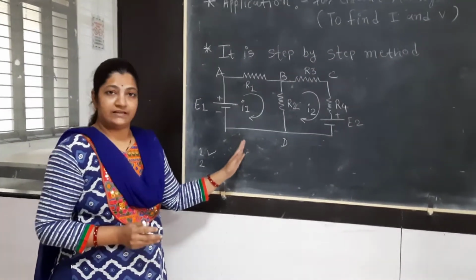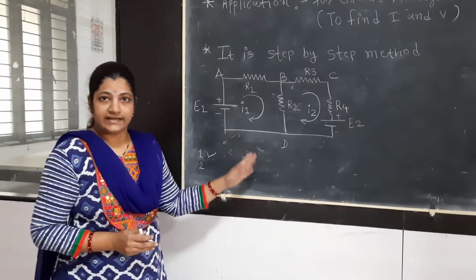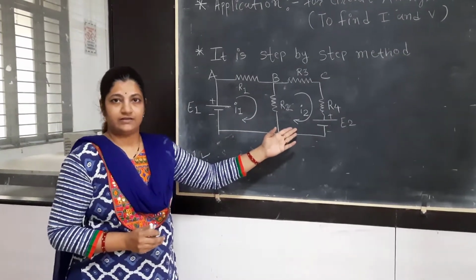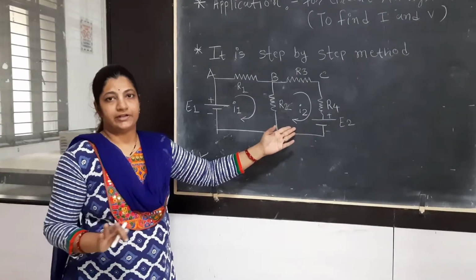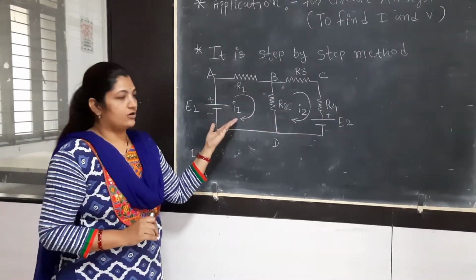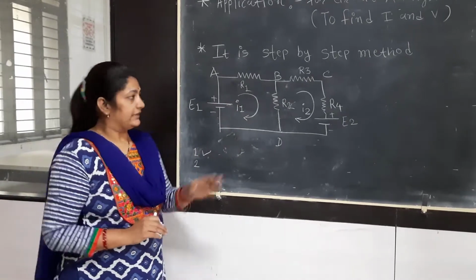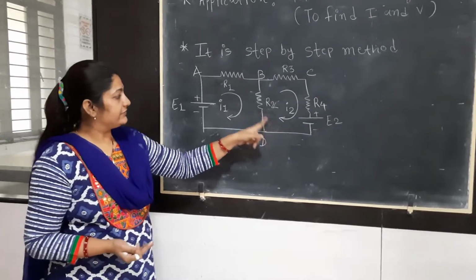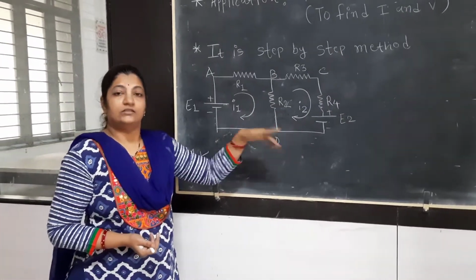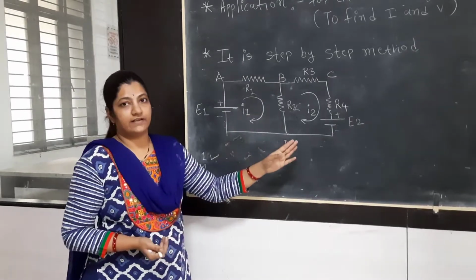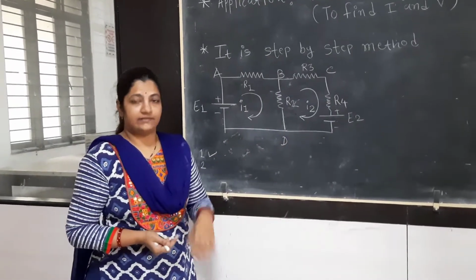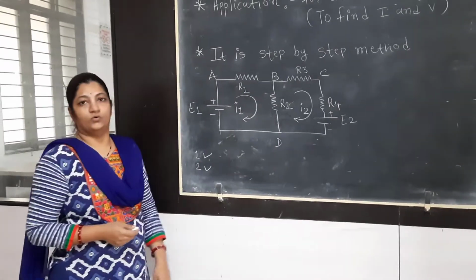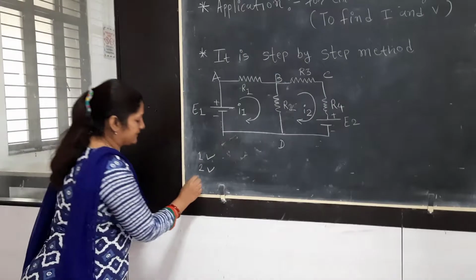Now here, many questions arise in our mind: is there any particular strategy to decide the direction of the assumed mesh current? I want to say there are no particular rules. You can go with either clockwise or anti-clockwise direction. Right now for both meshes I have considered clockwise direction. One can also select one as clockwise and the other as anti-clockwise, or select both as anti-clockwise. It really doesn't matter for the final answer. So your second step is also over. We have assumed the direction of mesh current.